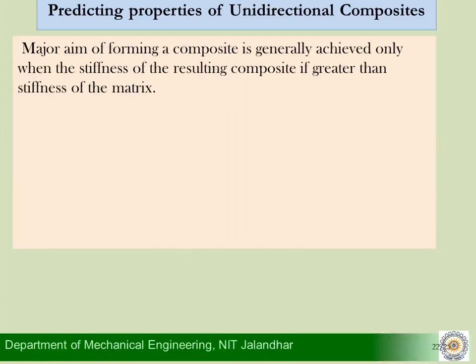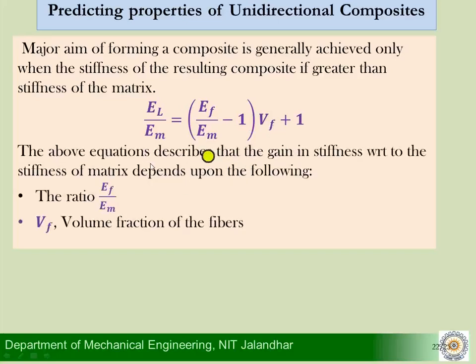Okay, so this is what I referred to earlier also. The major aim of forming a composite is generally achieved only when the stiffness of the resulting composite is greater than the stiffness of the matrix. So I recall my earlier expression, that is EL by EM is EF by EM minus 1 into VF plus 1. And this equation tells me that the gain in stiffness with respect to the stiffness of the matrix depends upon two parameters. I already told you the ratio of EF by EM, and the second is the volume fraction of the fiber. So these two parameters decide what gain in stiffness we will have,